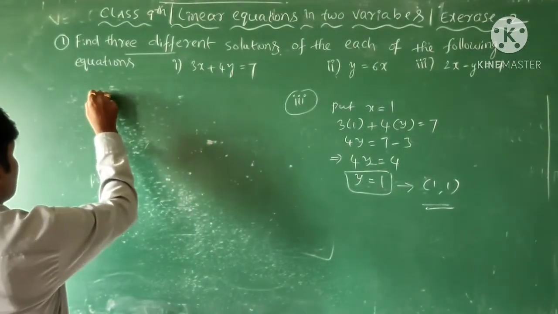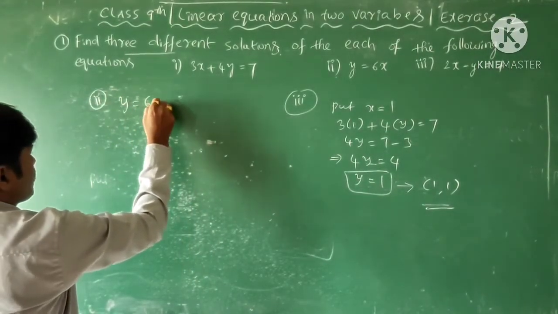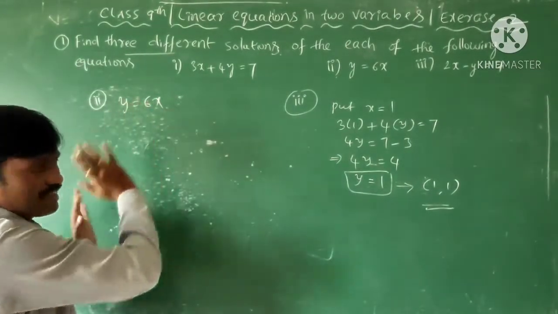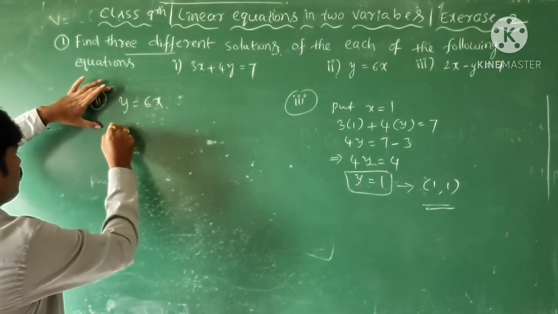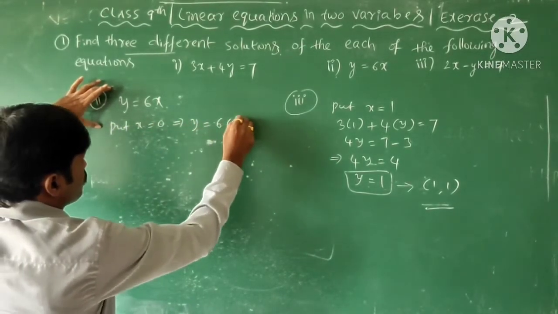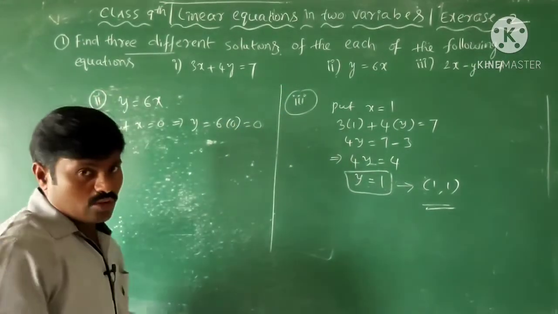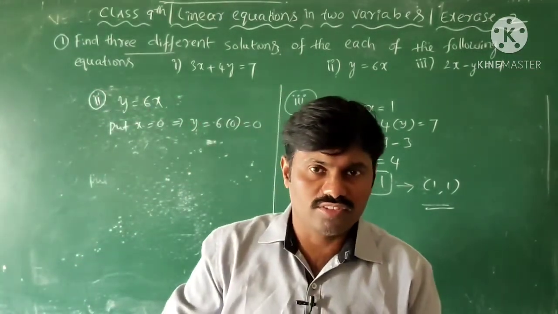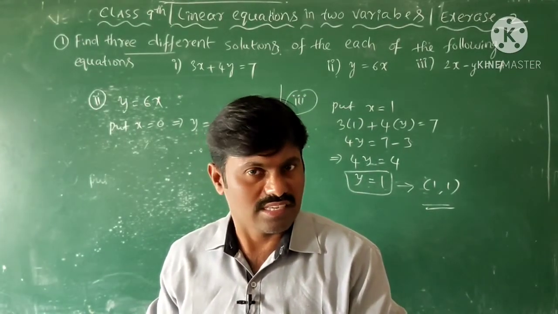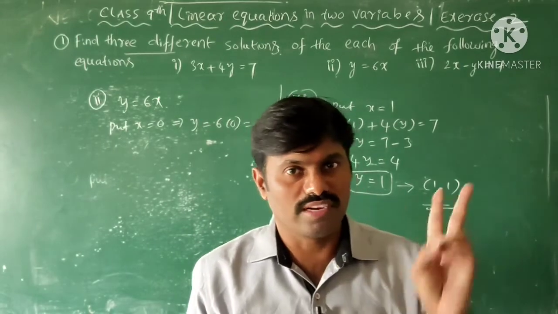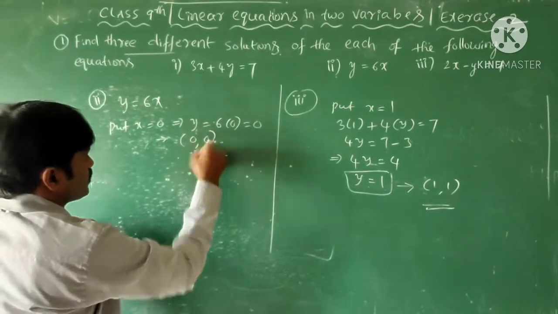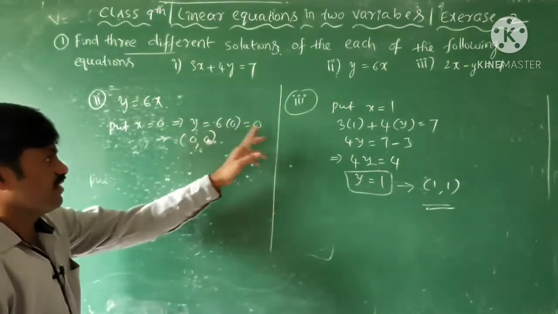Now come to the second one. If you observe this equation, it is in the form of y is equal to mx, means y is already written as the subject. Now here put x is equal to 0, then the y value is 6 into 0, 0 itself. Every time try to put the x value 0 for one solution, and to get the second solution of the same equation, put y is equal to 0, we will get two values. Easy. So here what is the ordered pair? 0 comma 0. X coordinate 0, y value 0.